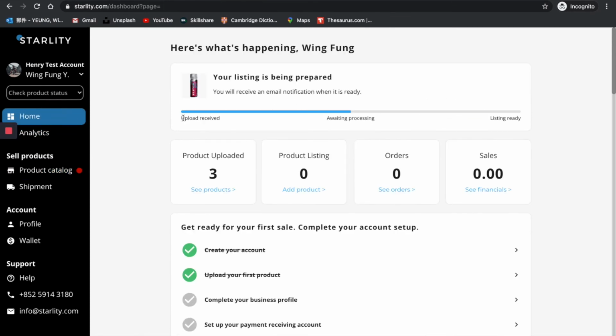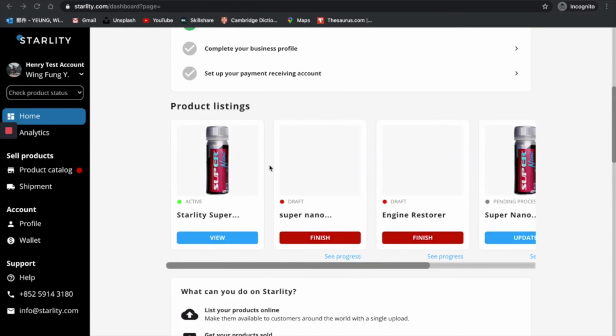Here at the top of the dashboard, you can see the progress and the current status of your product. After the Starlity team reviews your product, you can view your product in the product listing section here, and you can click view to check all the information of your product. So we click view,